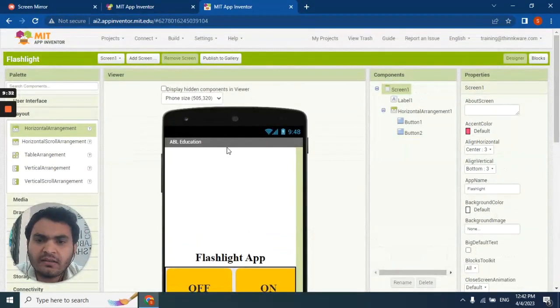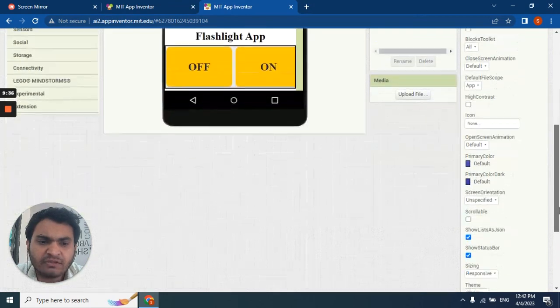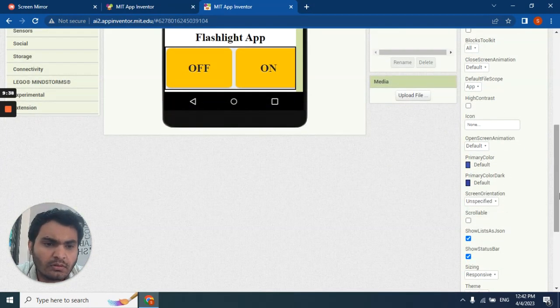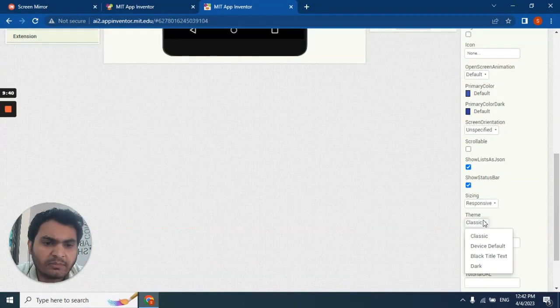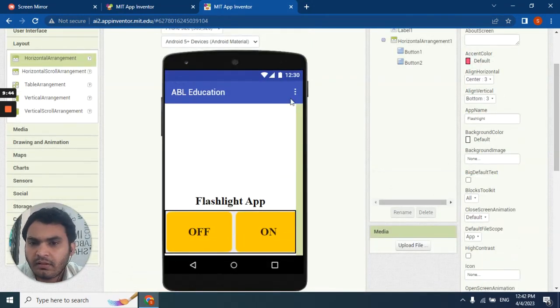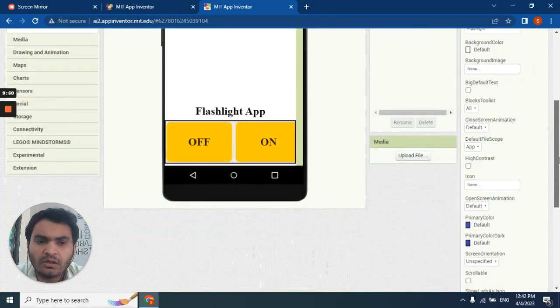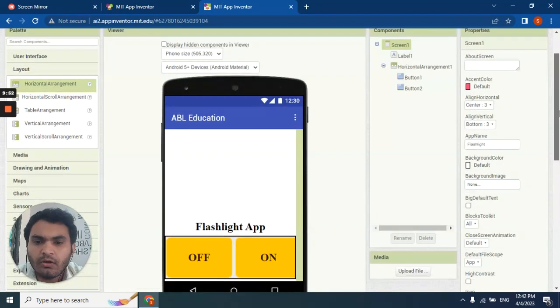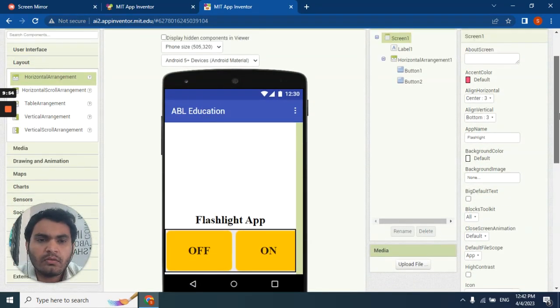As you can see, the theme is classic. By default this theme is classic. I am changing this to device default, and this will change to the blue color, the default blue color. Okay, now